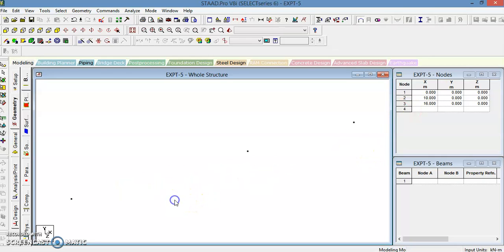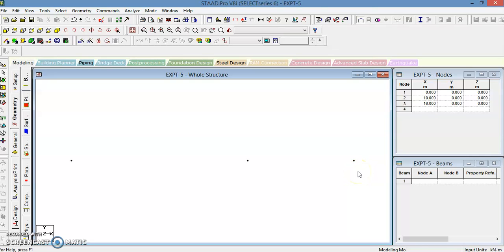Then just click on the empty space here and select the type of view. On the top of this you can see the different views; you can see the model from different views. From that, we always select the front view because we want to see the loading and the supports and all. So we are always going to select the front view. You just click on the first option from the top of this. So all these 3 nodes will appear here.